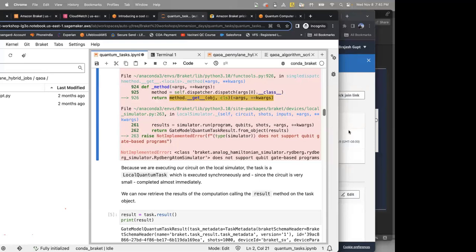Yes, it does. So in this example, it's kind of obvious when it doesn't support gate-based programs. But if you have a device that has natural gates that will not actually be able to solve the gates that you want to solve, does it complain as well? So you have photonic systems, you have superconducting systems, the actual gates, the actual circuits that they can solve, especially for photonic ones, are not the complete set. They're not like true ideal qubits that can have all gates operate on them. So does it complain in that context or no? Yeah, you will get an error that these gates are not compatible.